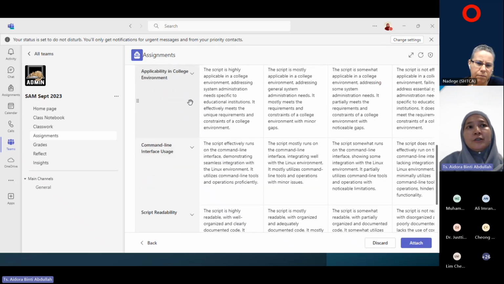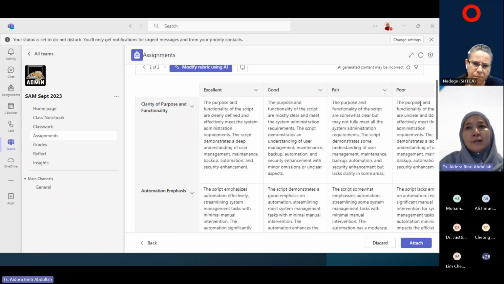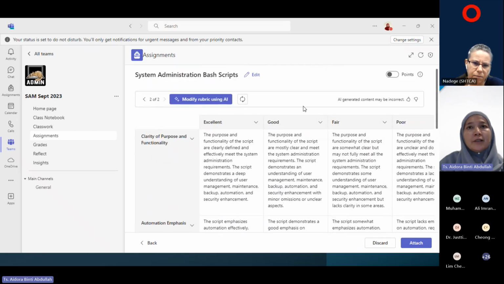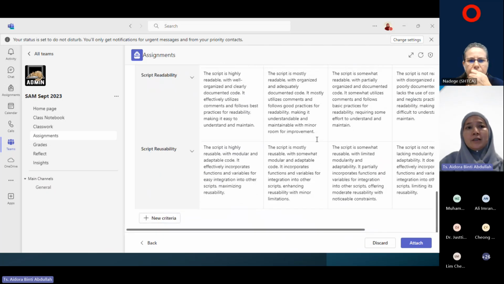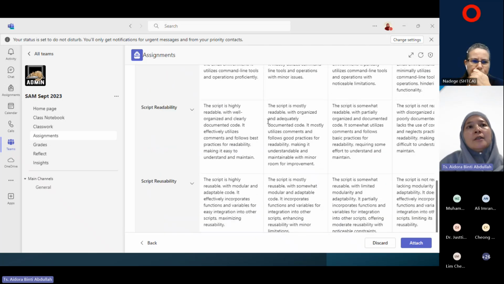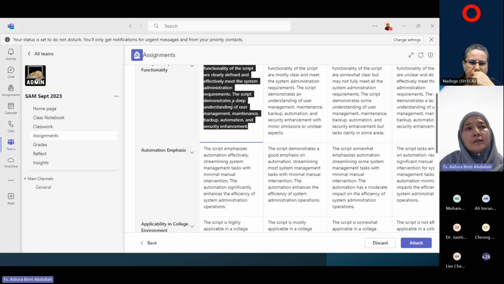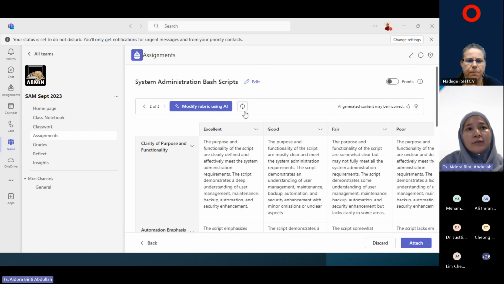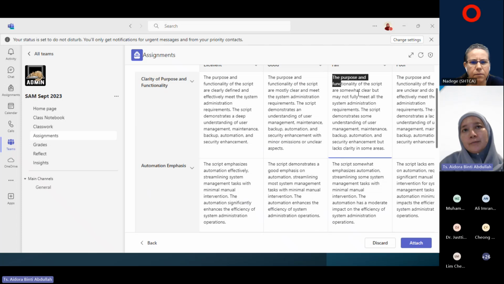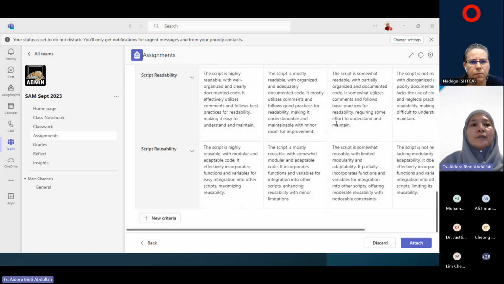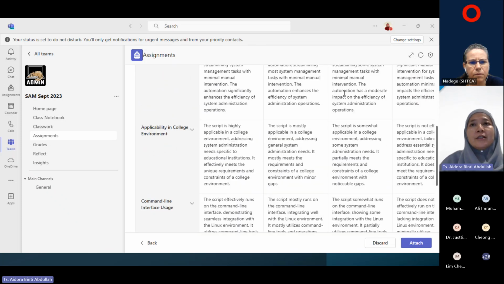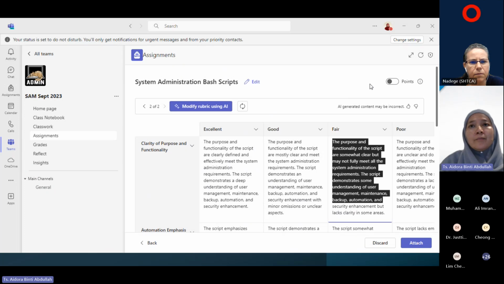Okay, so it auto-generates the criteria as well. You of course need to double check because even AI can make mistakes, right? And you can still change this if you want to. You can also ask to regenerate again. So you don't have to take everything word for word. If you find that this is too wordy, you can make the changes. Okay, but if you're okay with it, and you can still add criteria and so forth, you can also